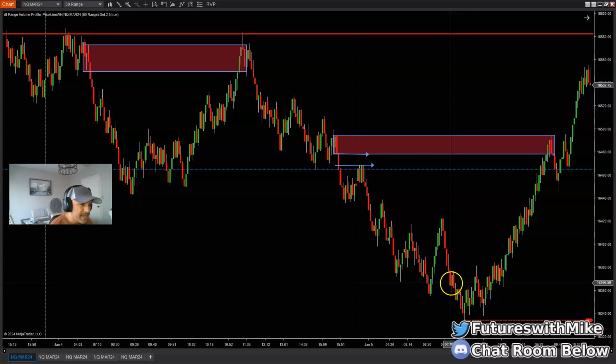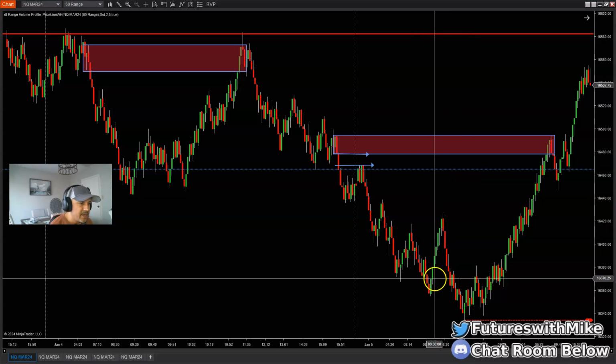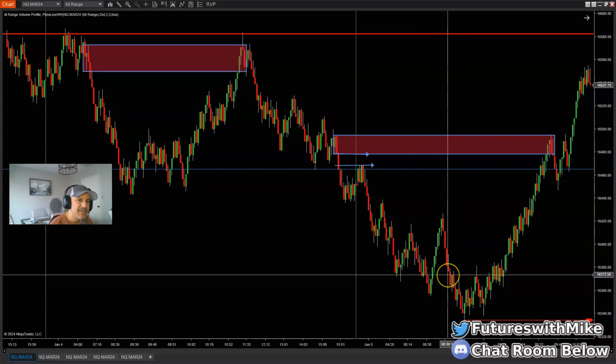If the market came back here, could we have rejected right here? It could have. But you have to scale down and you want to start to see a series of steps take place on the lower time frame chart. Again, I'm going to go into more detail about that